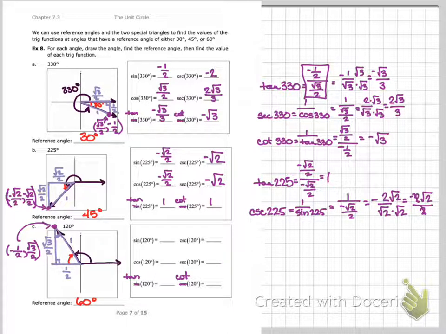So, the sine of 120, opposite over hypotenuse, is going to be square root of 3 over 2. The cosine, adjacent over hypotenuse, is negative 1/2. The tangent